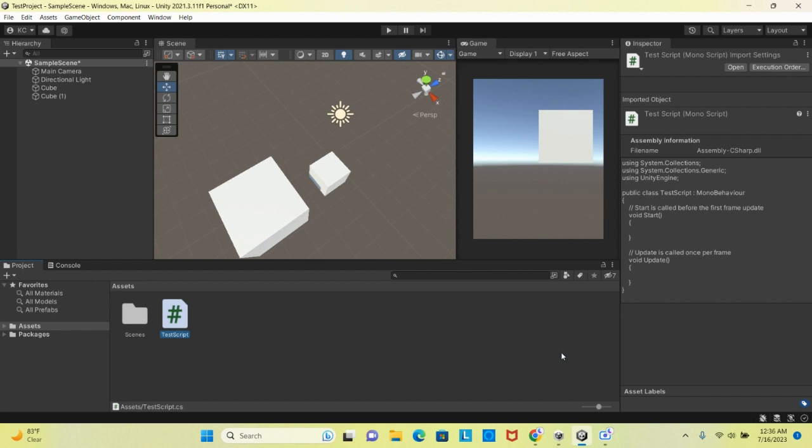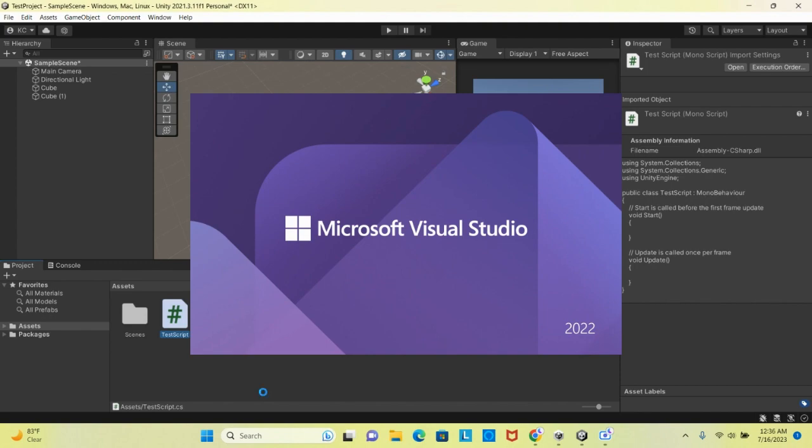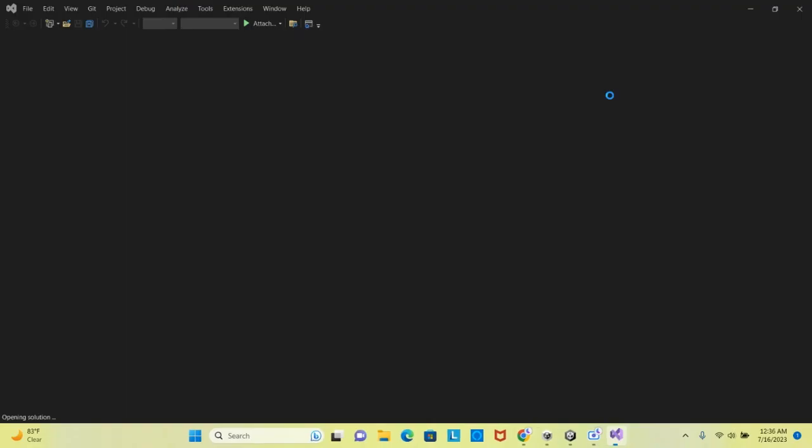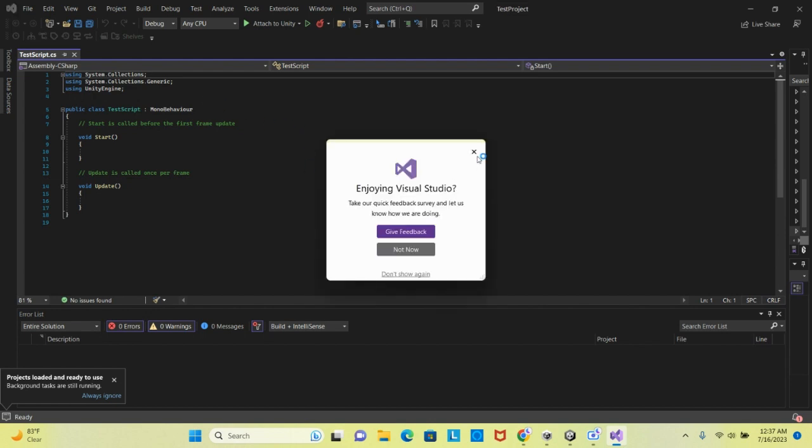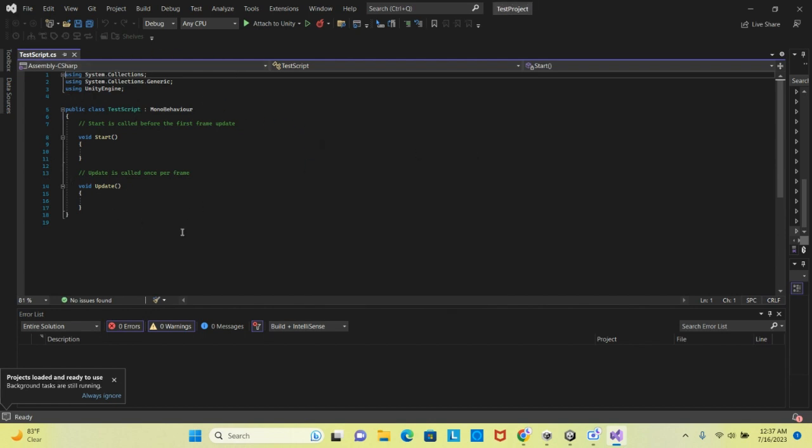But once we have created our script, we can go ahead and open it up by double clicking on it, and it should say Microsoft Visual Studio right here. So we've opened up test script in Microsoft Visual Studio, and if you aren't familiar with languages like C or C Sharp, this may seem kind of intimidating at first. I promise you it's not that intimidating, and it is a little bit different than languages such as Python,